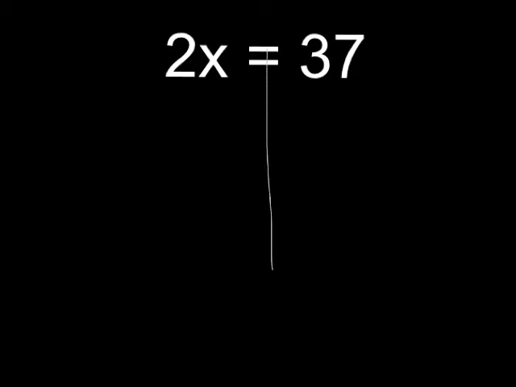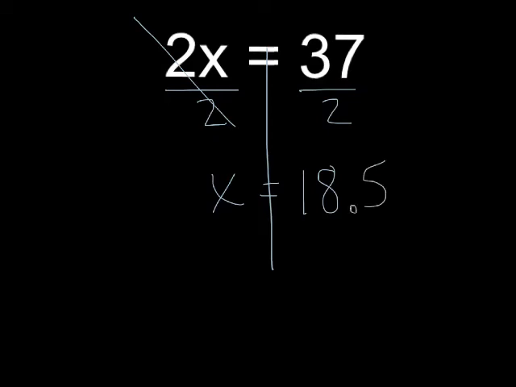All right, this one, what's the story of the variable? X is being multiplied by 2. The result is 37. All that's happening to x is that it's being multiplied by 2. So how do we undo that? 2 times something equals 37. You're going to figure that out by dividing both sides by 2. Get rid of that times 2 with a divided by 2. 37 divided by 2 is going to be